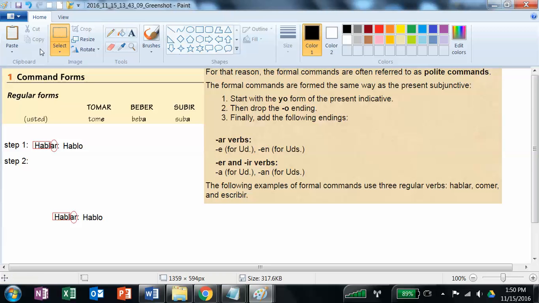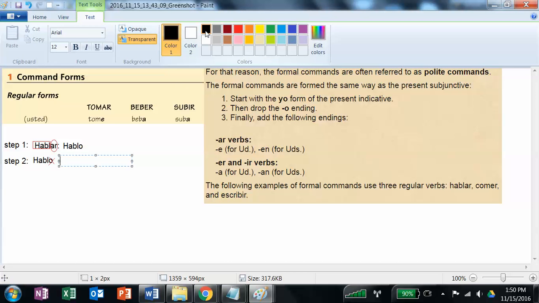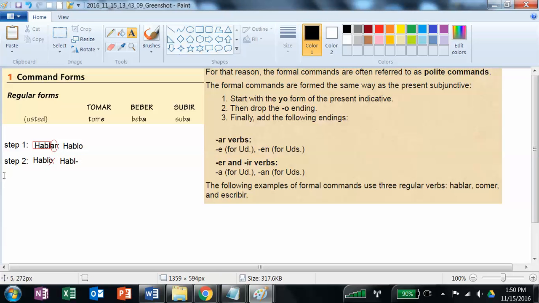Actually, I think I am just going to get rid of this and just keep this. Step 2 says that I need to get rid of my O. So step 2 says get rid of this, and then you end up with the stem. And then step 3